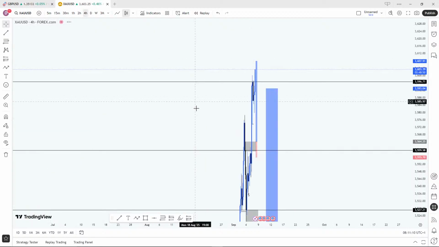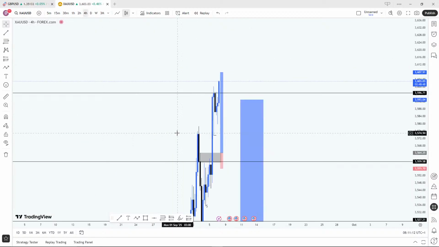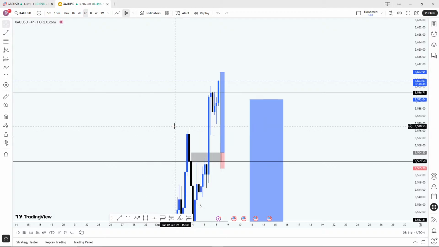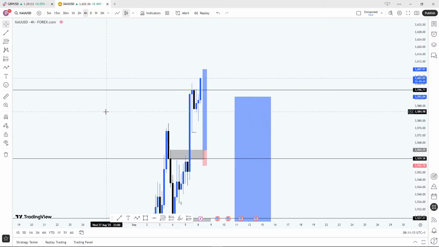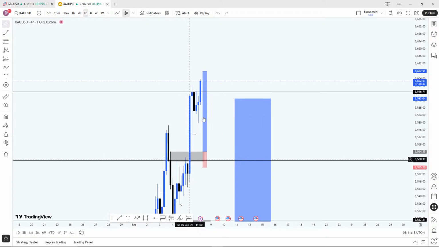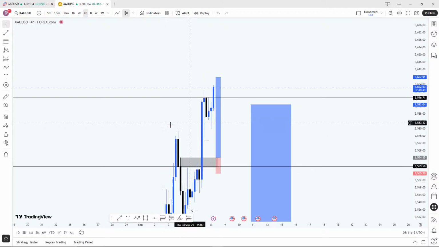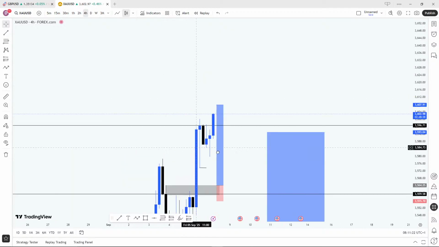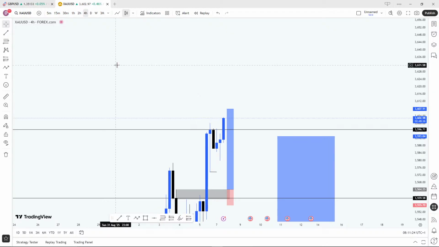But let's see if it has created any other new zone, so we can wait for that zone. Now if you watch, I was waiting for a breaker block, but it didn't come back there. So on a 4 hour time frame, there is no level we can say this is where gold is gonna buy to, right? As a key level. So we can keep looking out for buys, keep riding the trend.